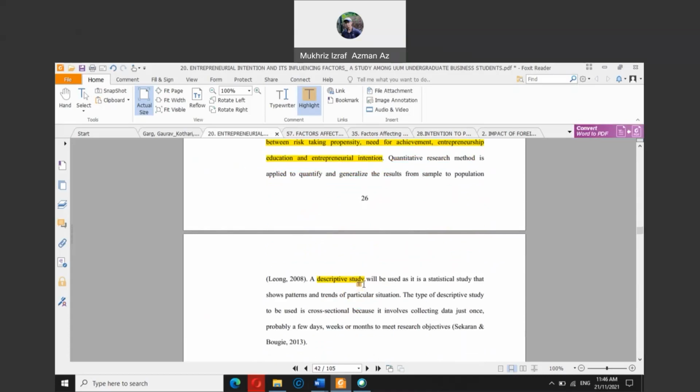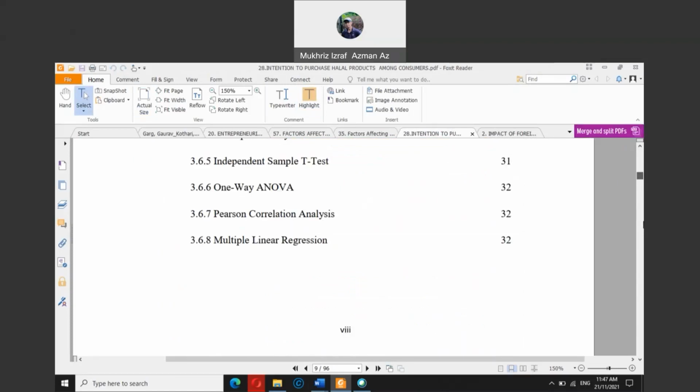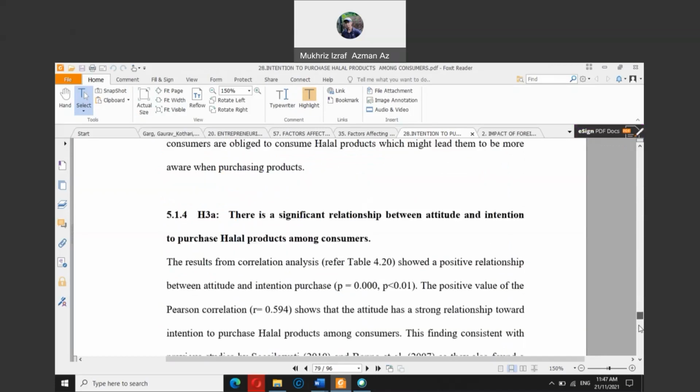And once we discuss the questionnaire section, okay, you will notice that I'm sure all of you have a sample of questionnaire, okay, that you are going to rely on or use as your base, okay, for you to use in your own project. Okay, the first part of any questionnaire usually will be the demographic section, okay, whereby you are going to ask questions with regard to, okay, if you look at thesis number 28, okay,